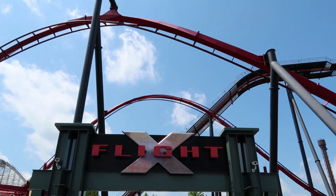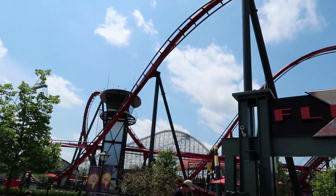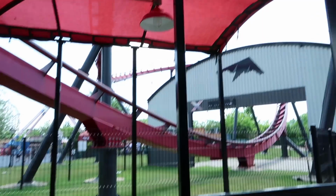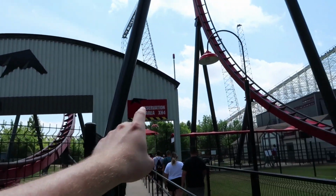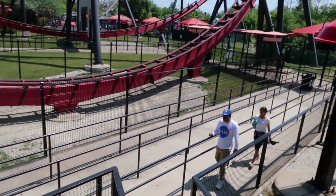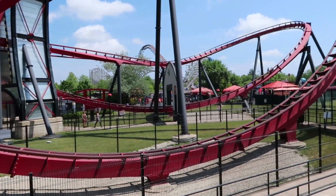Up next is ExFlight, and it looks like a fun ride. That's a kind of cool decoration there that you go through. Ooh, and there's Hangar 4, an observation area. For as hot as it gets here, there's no covered queue line. That's kind of disappointing. So ExFlight broke down on us in line, so we decided to go do something else